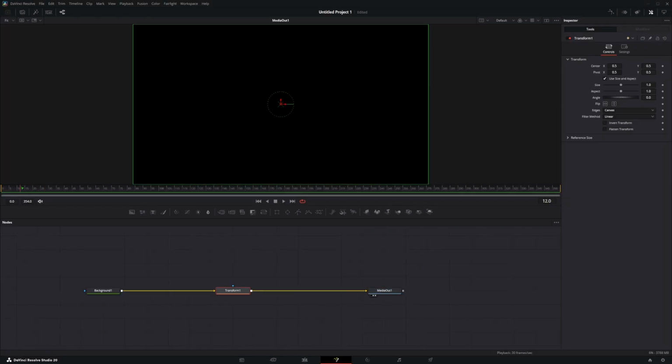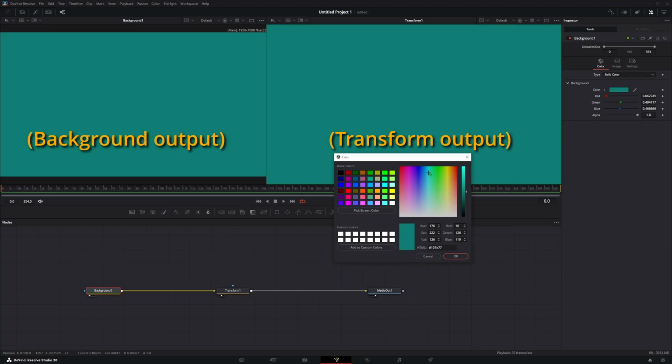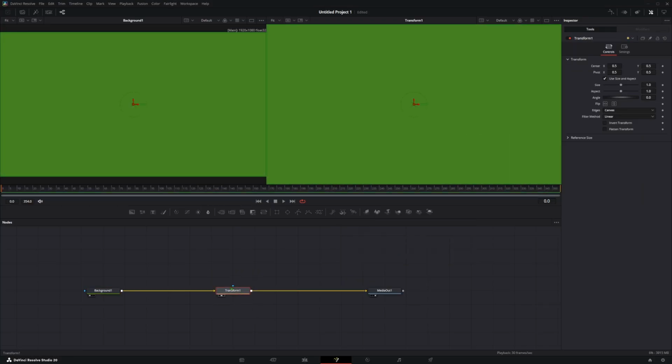So for example, if I wanted to make this background move to the right, I could select our transform node, which has the exact same output as our background node. So I can change the color of our background node and it changes what shows up in our transform node. If I select this transform node, say go to 0 frames, which is the start of our clip, I can